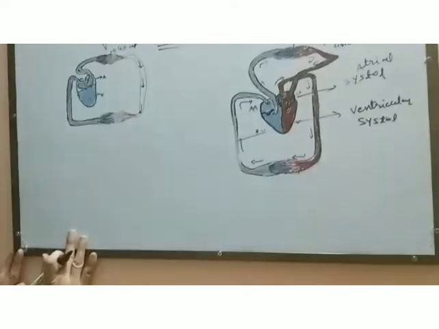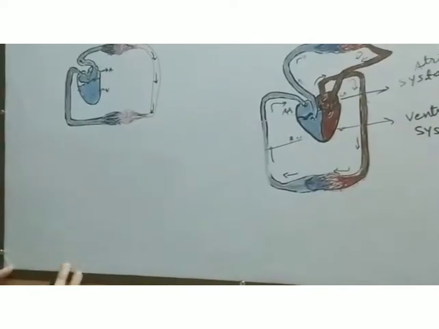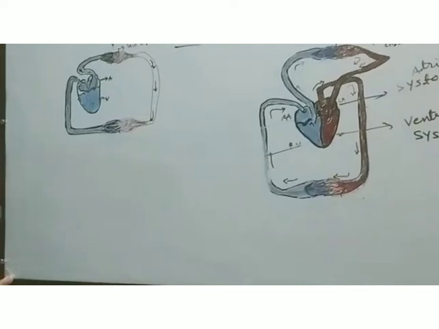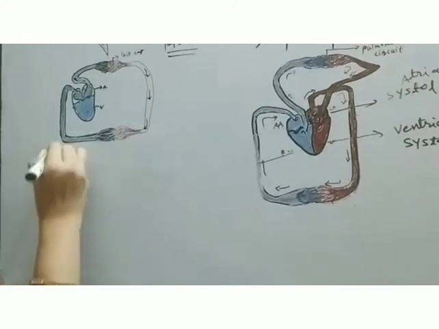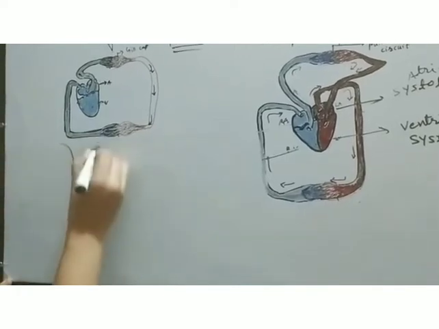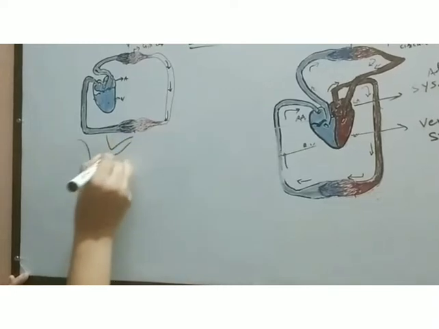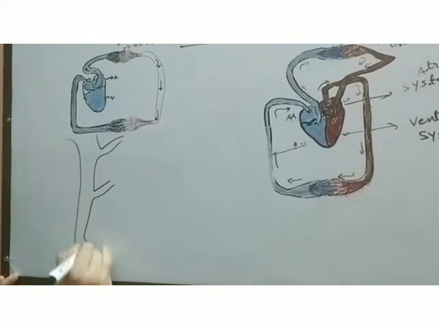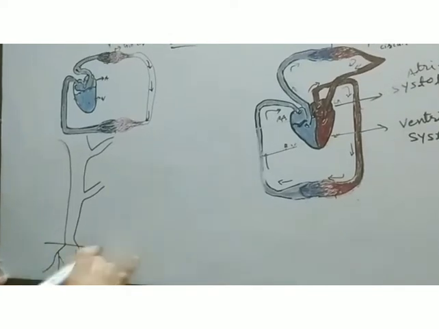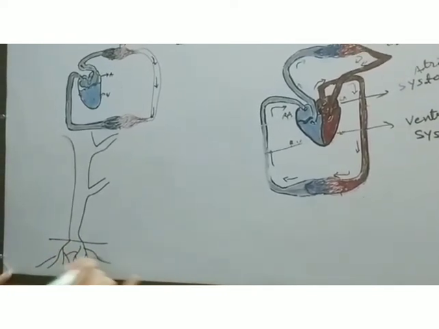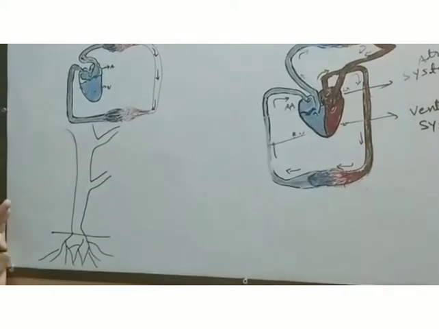Living beings, plants also exhibit transportation. They also require the transportation of material from one part to another part. Students, there is a different kind of mechanism in plants for transportation of material. Their body structure and their way of living is different from animals. That is why the transportation system is also different.